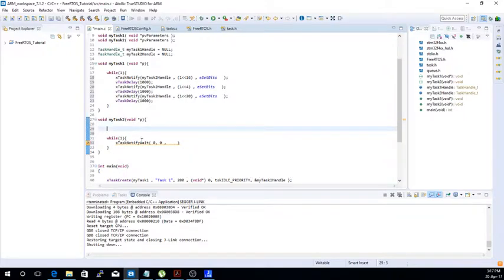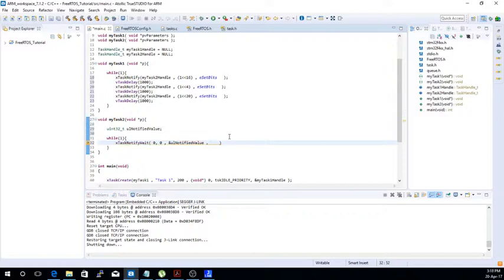Now okay, my task 1 has sent a notification and my task 2 has received it, and it wants to read the value as well. So when it reads the value, it needs to store it somewhere. So I'm going to create that variable here, the uint32_t, and I'm going to call that variable ulNotifiedValue. So in my third parameter, I'm going to pass in the address of that variable,